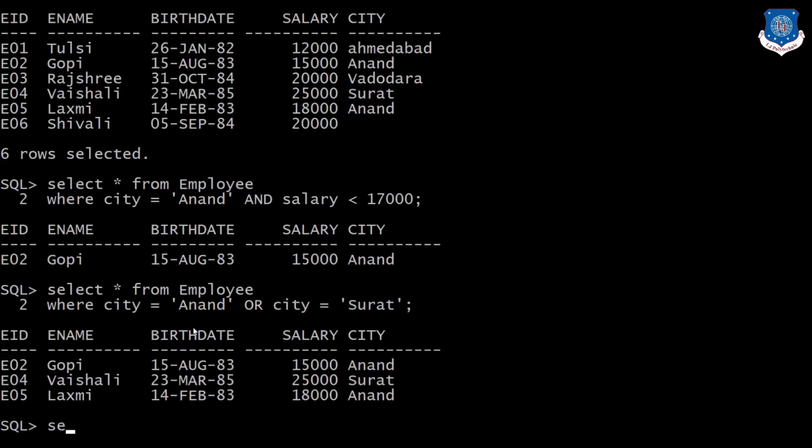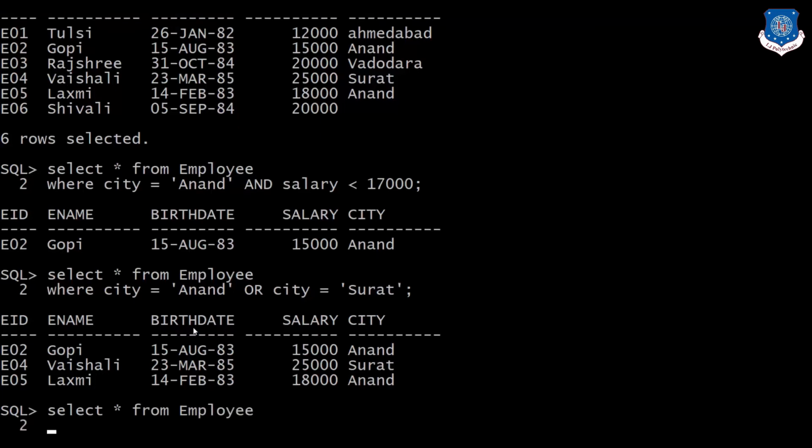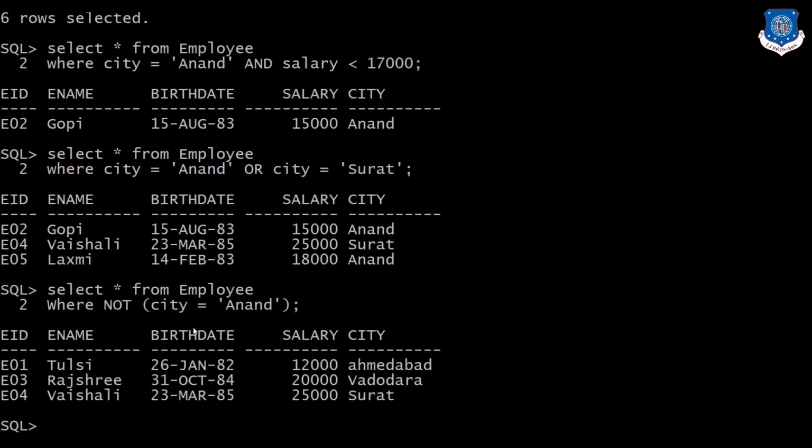As for example, select star from employee where not city equal to Anand. So we will have the records whose city name is not Anand.